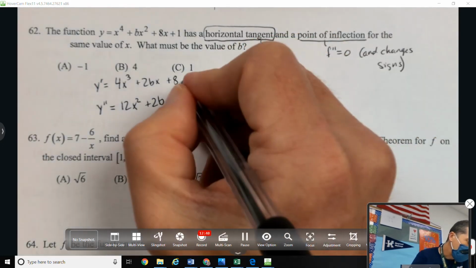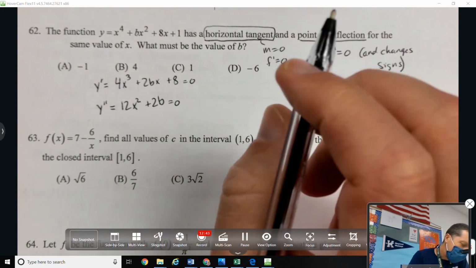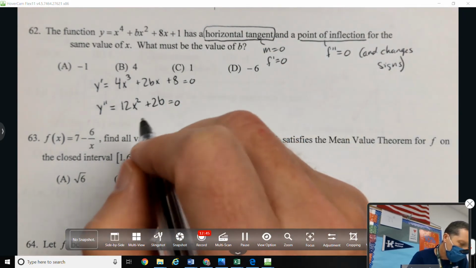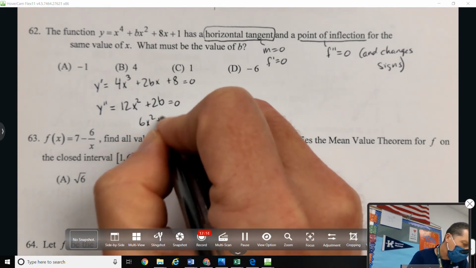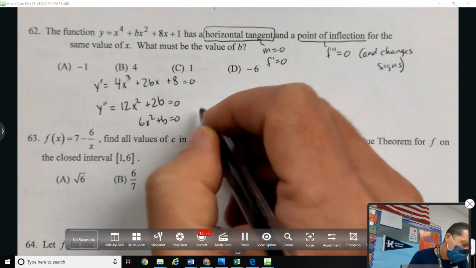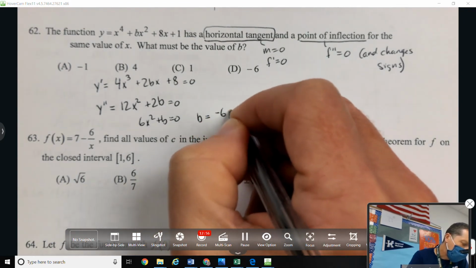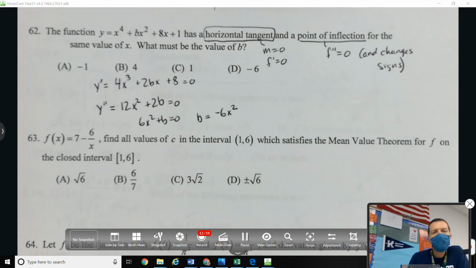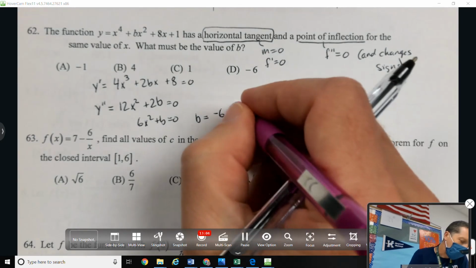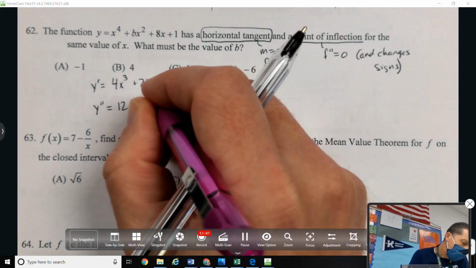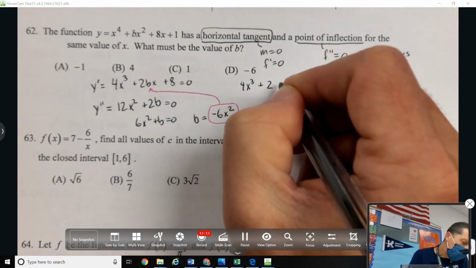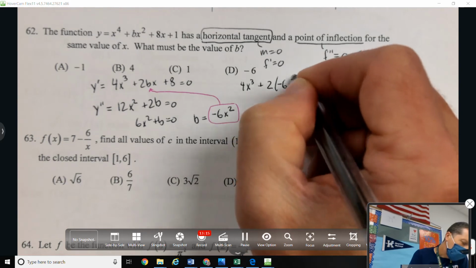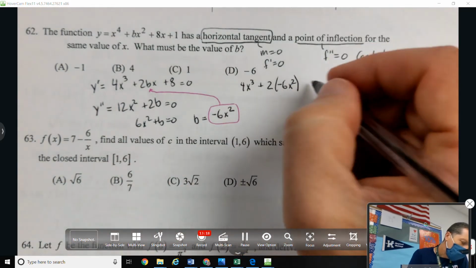And both of those have to equal 0. So, let's see. 6x squared plus b equals 0. So that means b equals negative 6x squared. I know I'm supposed to be finding b rather than finding x, but I think this is the easier way. So that means 4x cubed plus 2 times negative 6x squared times x